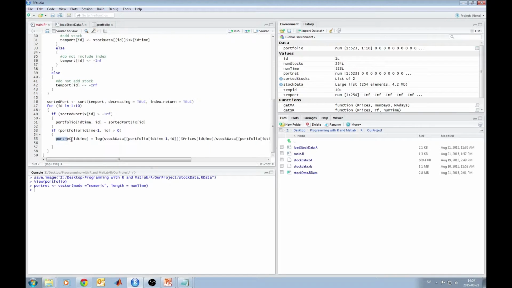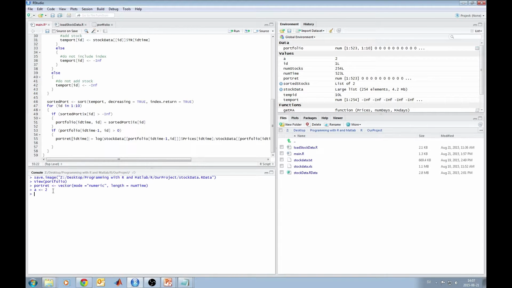But if you're going to use the same variable, add a number to the variable and assign the value to the same variable, it will first do the calculation, get the result, and only then override the initial state. To get the idea of what I'm talking about, let's say a is equal to 2, then we assign a is equal to a plus 1,